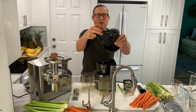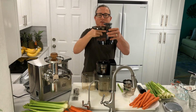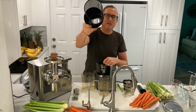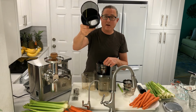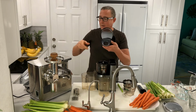We take the lid off here and you'll be able to see the feed chute. Pretty common compared to other vertical juicers that I've seen. There's a little bit of a tray here that you can drop berries or pieces of celery that you cut up and drop on there, and it's angled down into the feed chute itself. Then there's also a vertical hole there that you can drop them straight in. Compared to other juicers that I've seen, this hole looks kind of medium in size. I've definitely seen some bigger styles that you can drop whole pieces of fruit like a whole apple in without having to cut it, and the Nama certainly doesn't have that size of a feed chute, but compared to the Pure,